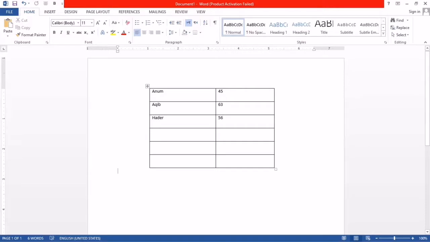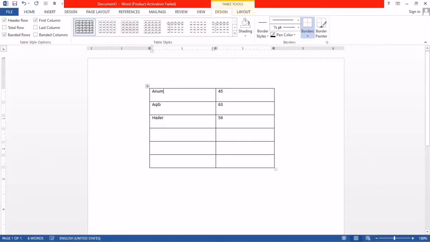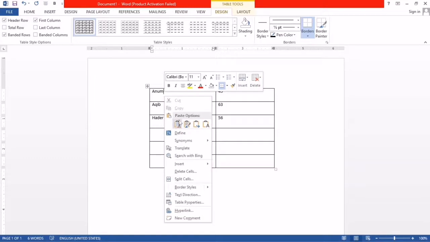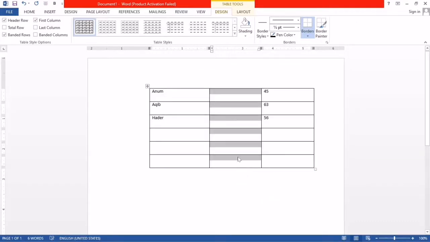Another thing, for example, I select only this and right click. You can see again insert here. Now insert column to the left, insert column to the right, insert row above or insert row below, or insert cells. Suppose I select insert column to the right, and you can see this column appears here on the right.